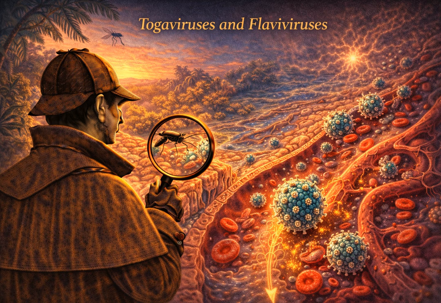These are enveloped viruses. But unlike some enveloped viruses where the membrane is sort of loose and baggy, the togavirus envelope is very tight. It is closely associated with the capsid underneath. It's like a tightly fitted cloak. So it is not like a flowing superhero cape. It is more like... Shrink wrap. That is the perfect analogy. It is tightly shrink-wrapped right around the internal icosahedral capsid. The glycoproteins essentially anchor into the capsid and pull that lipid membrane taut. Okay, I like that. So toga equals cloak, which equals shrink wrap.